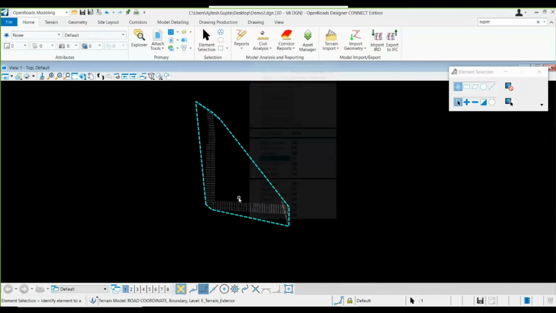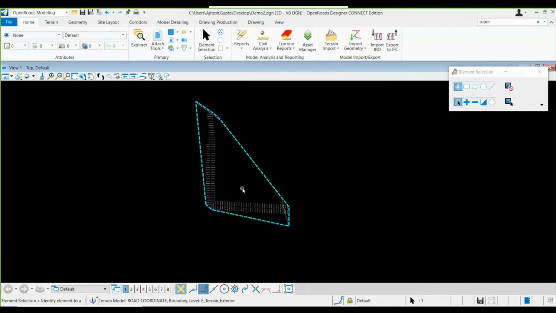Aditesh has a question: how to display contour text. What you can do is switch on the contours and then display those texts. Change the scale in the drawing to 1:500, and they can view the text as well.